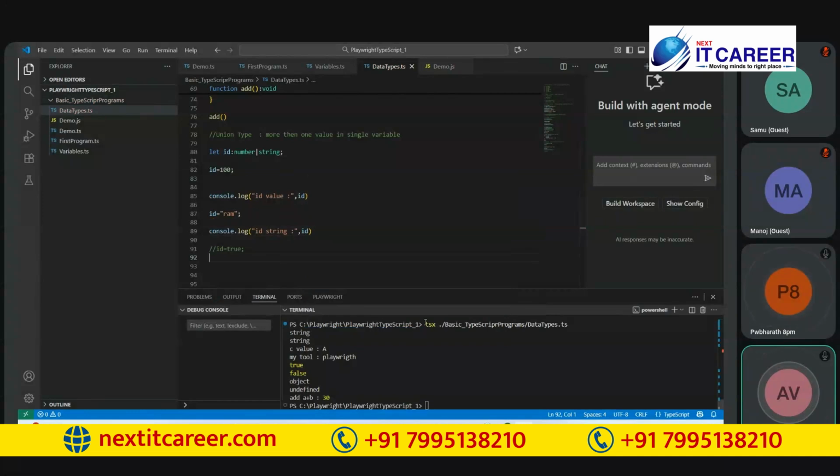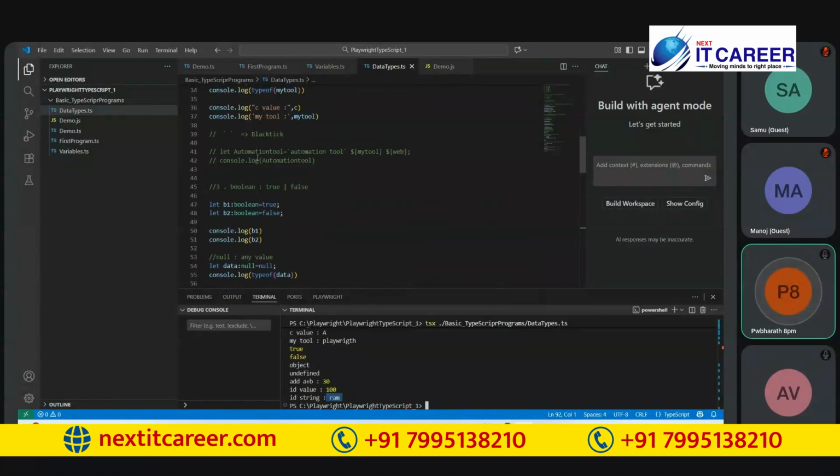If you execute this command, we get the output like this. First time the ID value is 100, second time the ID value is none. It means a single data type can allow two different types of values. Is it clear, guys? Online, is it clear?